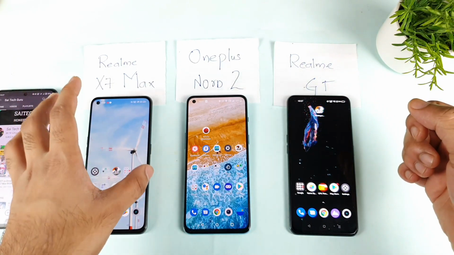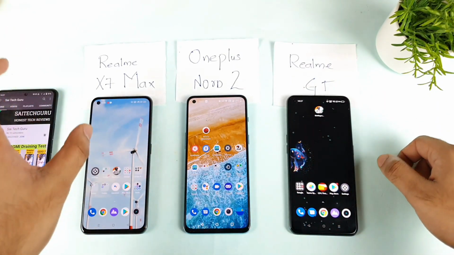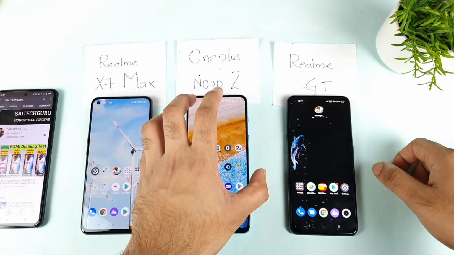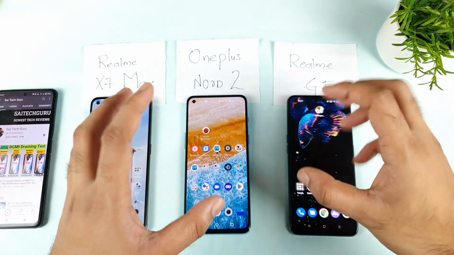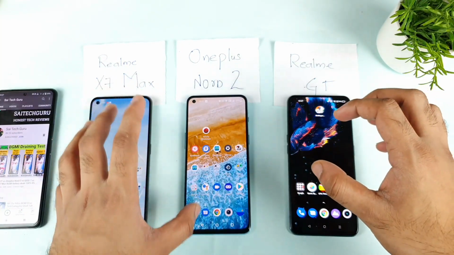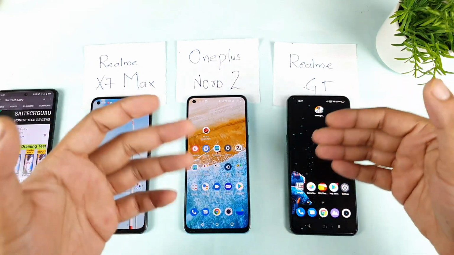Today's video is a display comparison between all of these three smartphones which I have right now. Yes friends, starting with the Realme X1 Max, the OnePlus Nord 2 and the Realme GT device. This is the most requested question, asking me to compare which display will be the best. So I thought of making this side-by-side comparison, which might be really helpful for a lot of